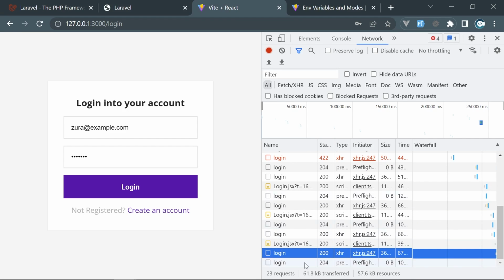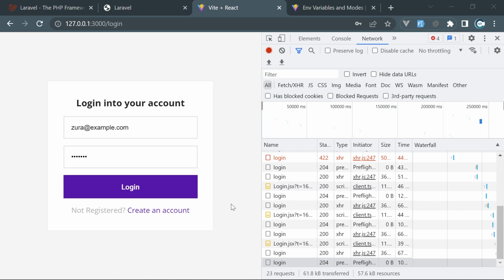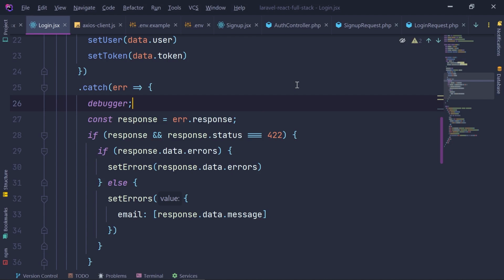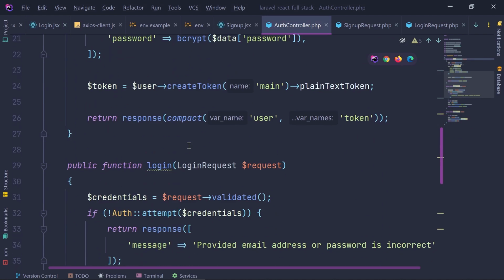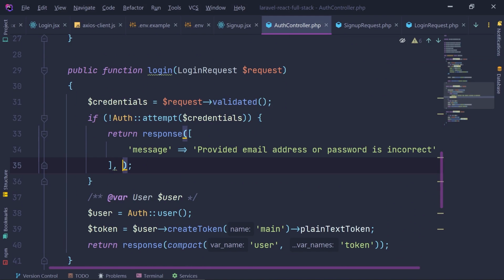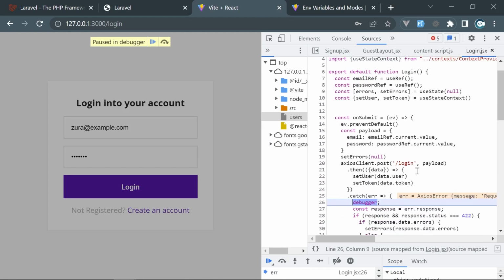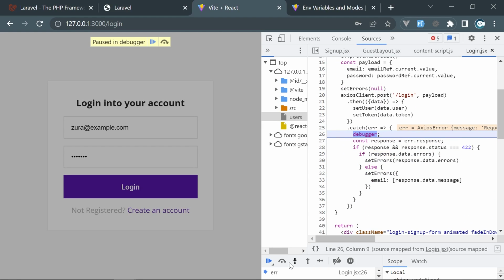Okay, it looks like this returns 200. Okay, this is wrong. Let's go in the auth controller, and on a login right here we have to provide some kind of incorrect credentials error code, which can be like forbidden or validation errors like 422. So if I save this and click login right now,